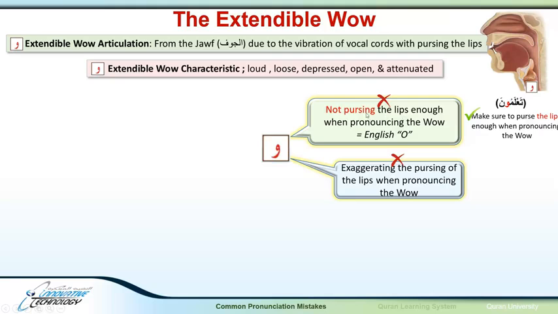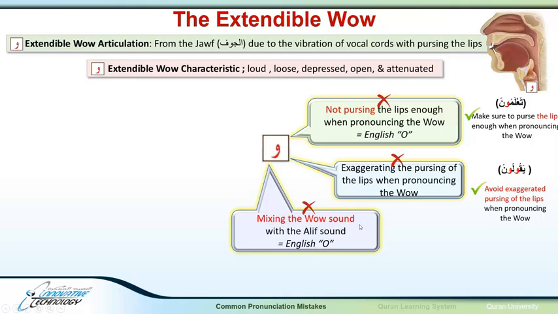In the first, we didn't purse the lips enough. Here, we exaggerate the pursing of the lips when pronouncing the waw, like يقولون. And let's compare that with the proper pronunciation as we hear it from Sheikh al-Husari. يقولون. So here, we have to avoid exaggerated pursing of the lips when pronouncing the waw. يقولون, and not يقولون. The third mistake is mixing the waw sound with an alif sound, and it actually ends